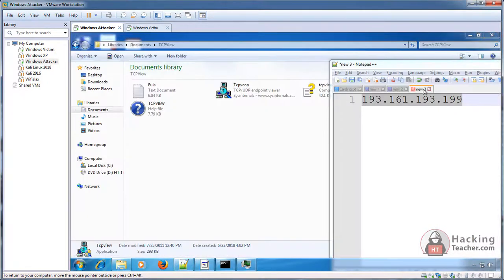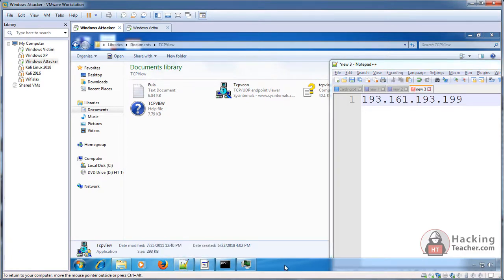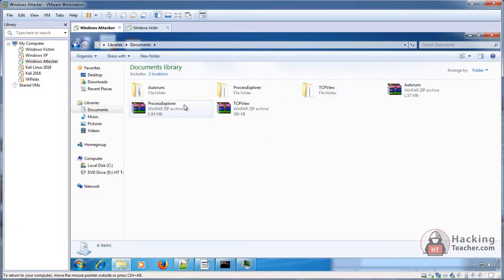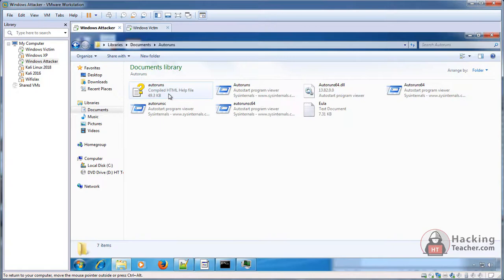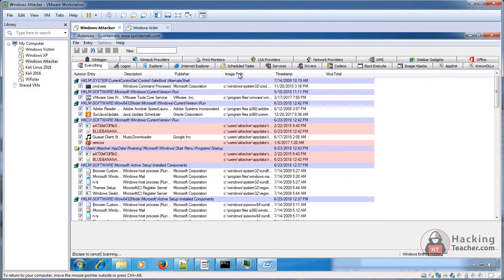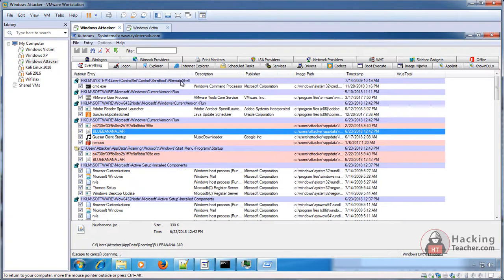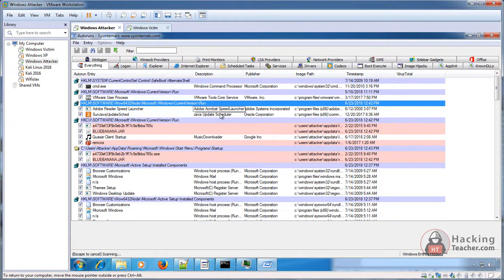But as I said, the Trojans are installed on my computer. I can kill them as a temporary fix right now, but once I restart my computer, they'll connect back to the attacker. So for that, I'll use another tool named Autoruns. You just have to look at the light red entries, because all the blue ones are verified.